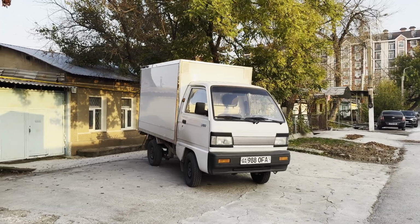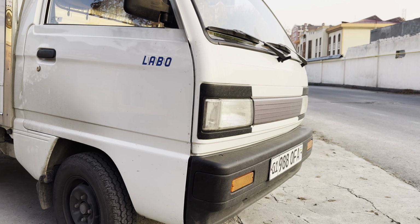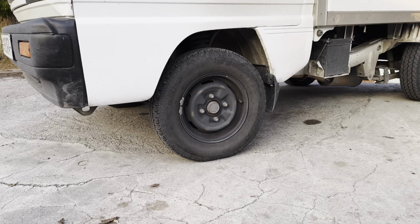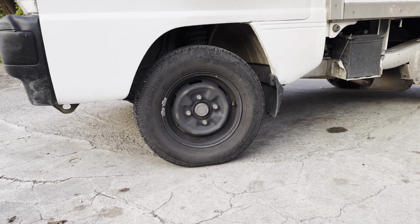Greetings everybody, this is Chevrolet Labo, the cheapest Chevrolet truck in the world that you can buy brand new. Our pickup truck was improved with this huge metallic box. It is a Korean truck that is made in Uzbekistan and has roots and some of the same components from